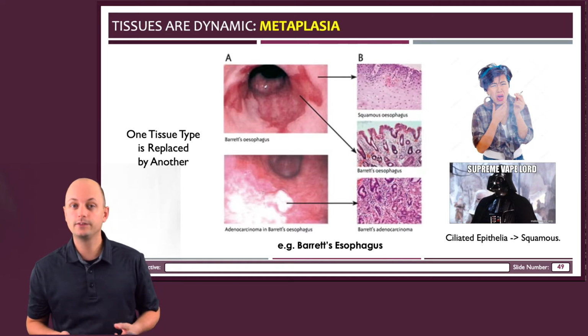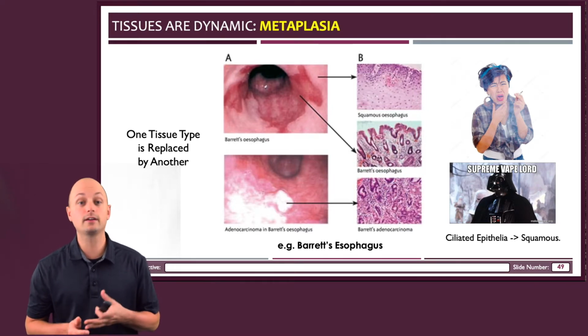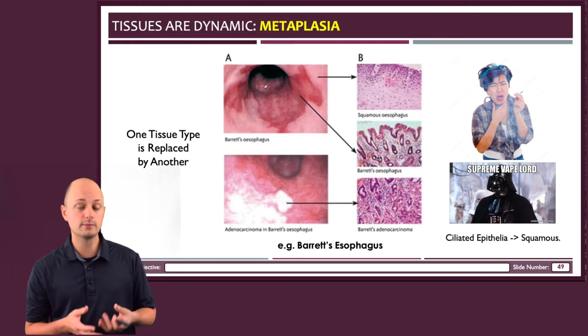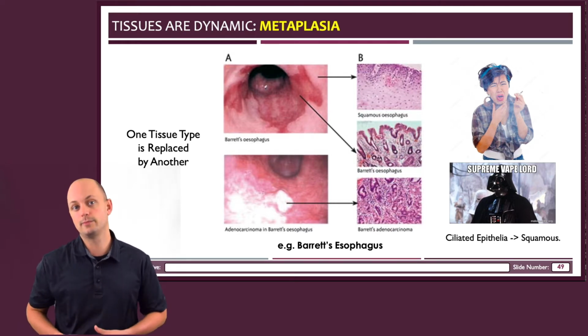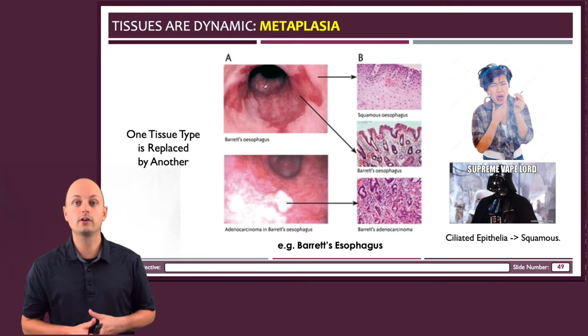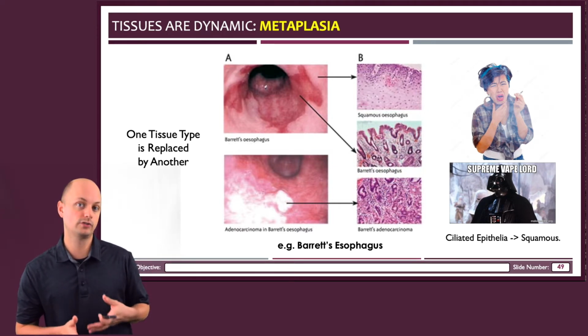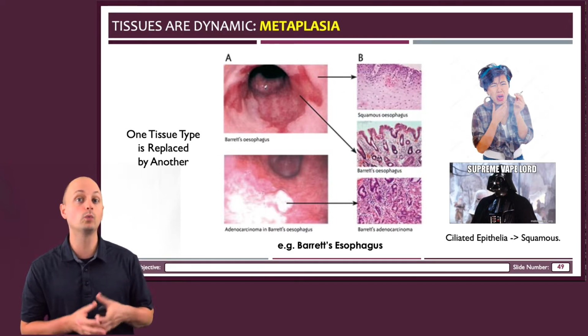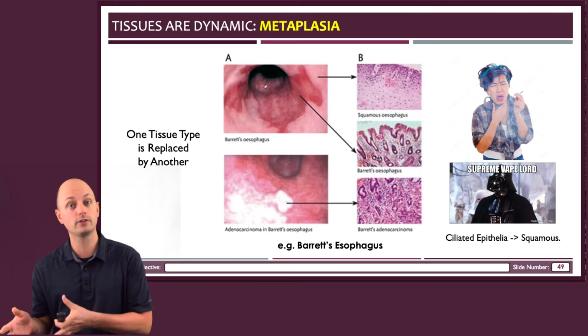So from thinking about these two diseases, you can gather that because tissues are living, they're very dynamic and they can change. Sometimes they change in good ways and sometimes they change in bad ways. So for now, we're going to talk about the few types of tissue transformations that we'll see in this course, starting with metaplasia, which is when one tissue is replaced by another tissue type.